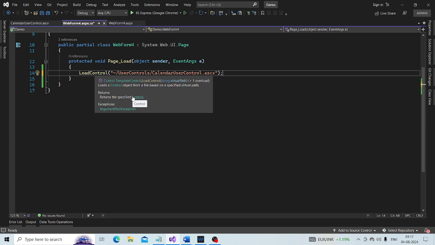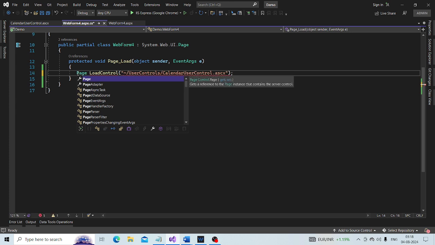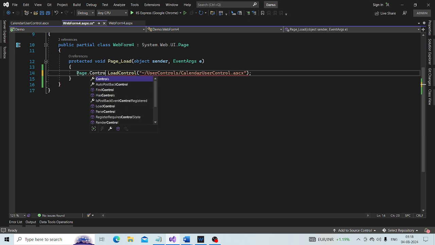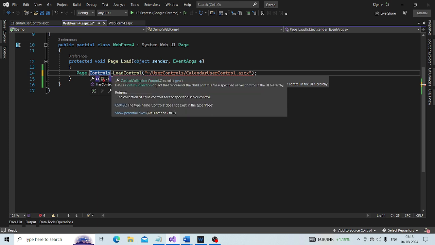Once this method loads the control, we want to add that to this page, and to do that I am going to use the Page.Controls collection property, and call Add on it.